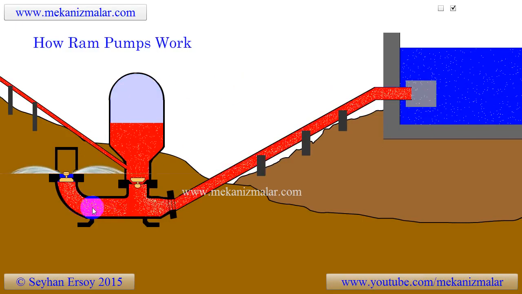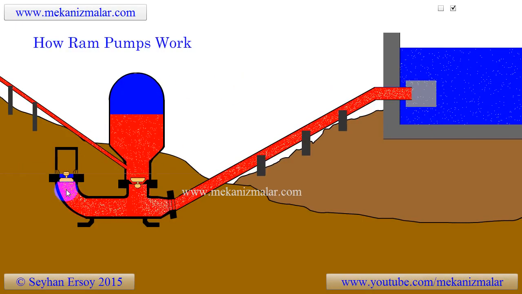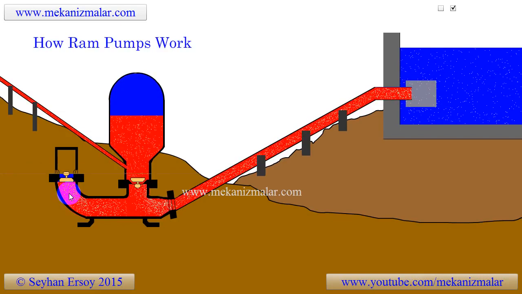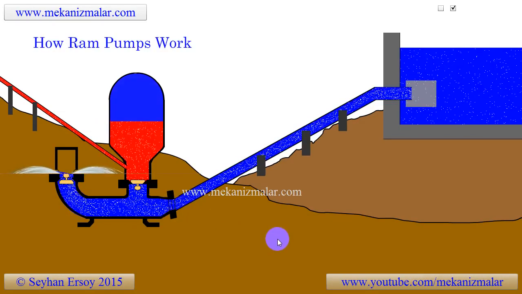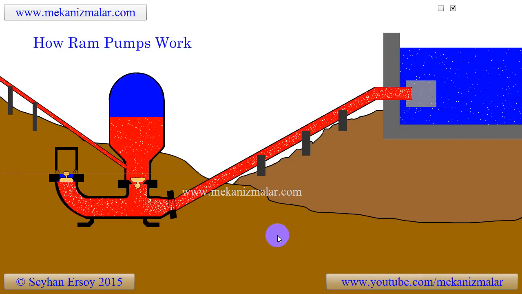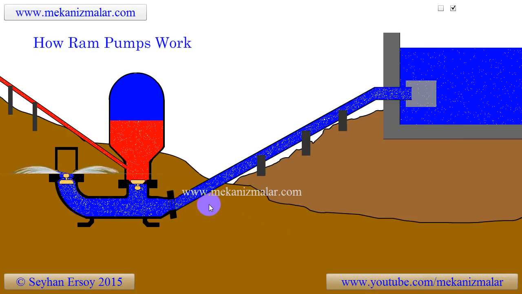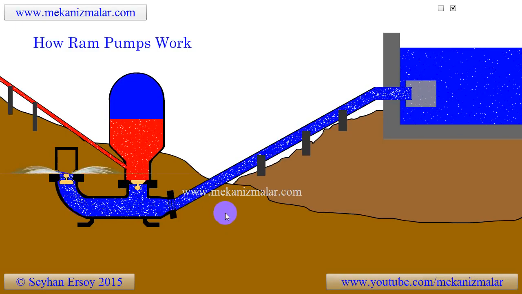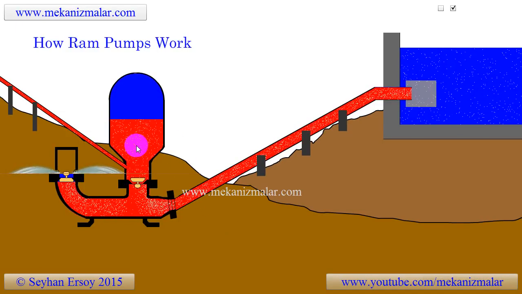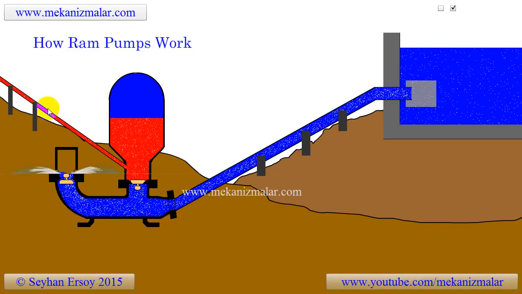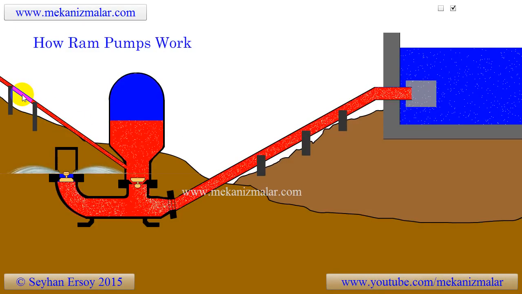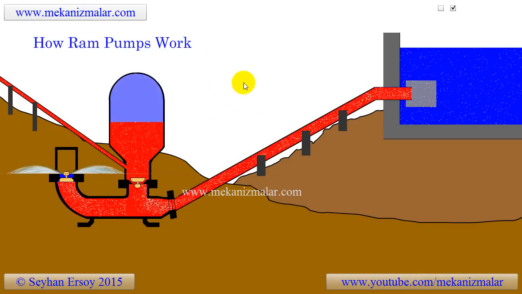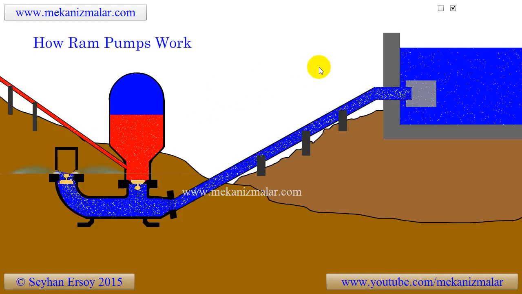Sometime later, the water closest to the waste valve moves backwards toward the accumulator, causing the waste valve to open, and the cycle repeats itself all over again. When the waste valve opens, the delivery valve closes and vice versa. However, the water continues to flow through the delivery pipe and this is due to the pressure of trapped air inside the accumulator. The accumulator acts just like a flywheel and regulates the water flow rate through the delivery pipe, and takes pressure